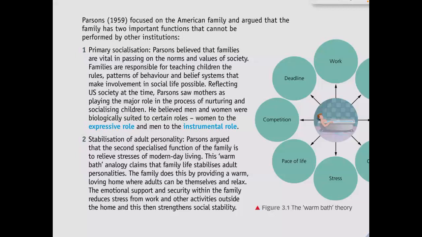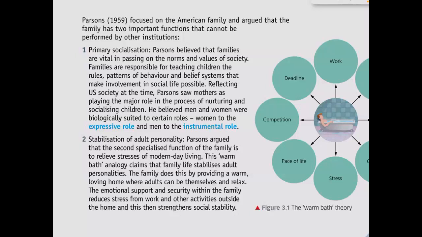It was the most important years of this person's life, and during these years he learns everything, and he learns how to view society. And this, when it's done at home, he also learns the stereotypical role, whereby they learn that the woman is supposed to be expressive and passive, and the men are supposed to be instrumental, where they're supposed to be stern and aggressive, and they're supposed to be the breadwinner of the household. So this is something that they learn through primary socialization, and that is what Talcott Parsons